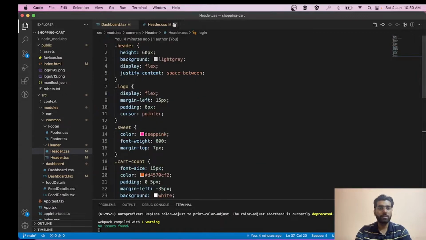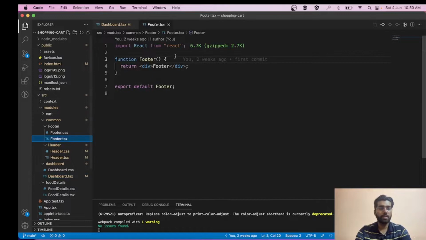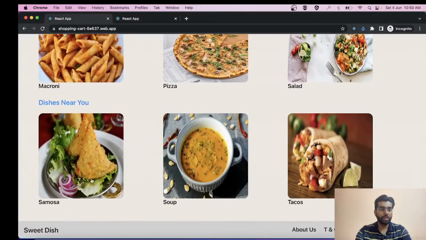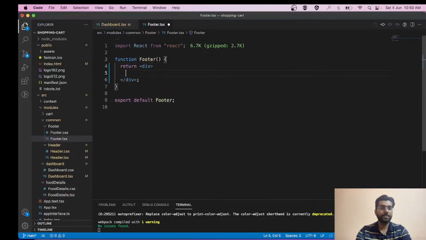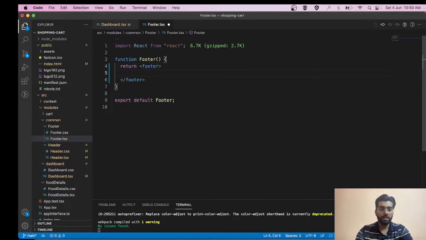So I'm going to close this and let's open footer.tsx. Okay, so let's go through the footer first. It is also simple, like 2 sections, left and right, using div and display flex and space between, we can easily achieve it. So let's quickly code this. Okay, so friends, as I've told you again, we are going to have the semantic tags. Okay, and next we are going to have a div with class name of footer.